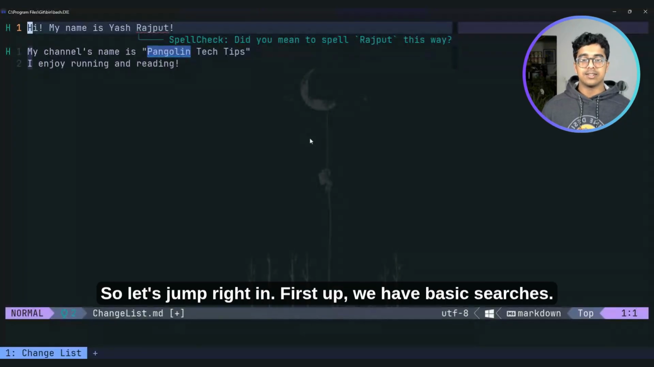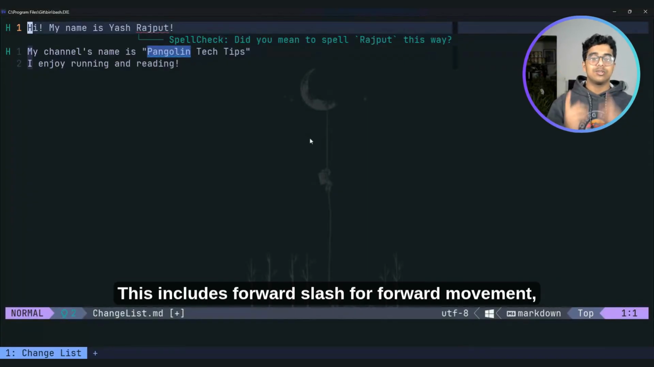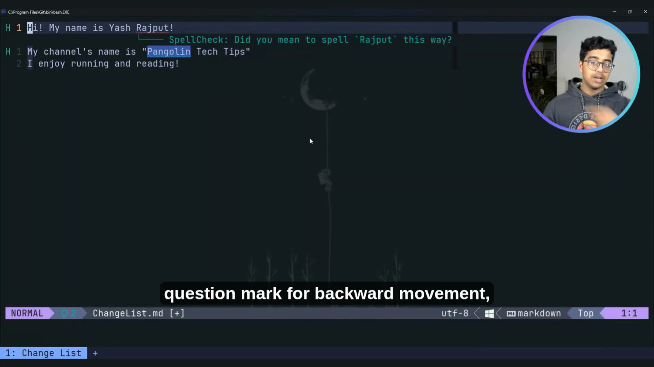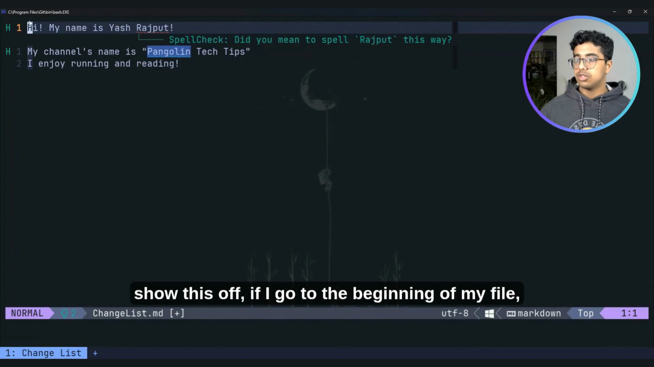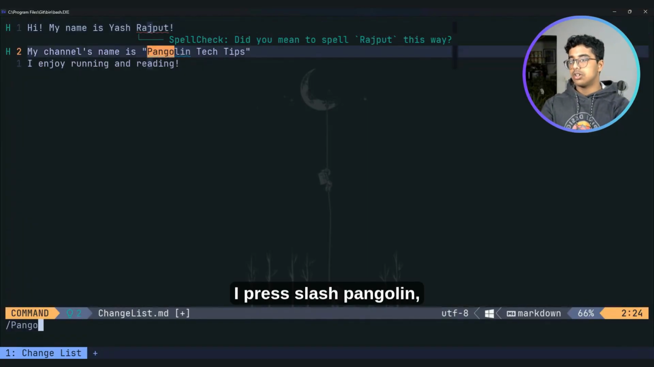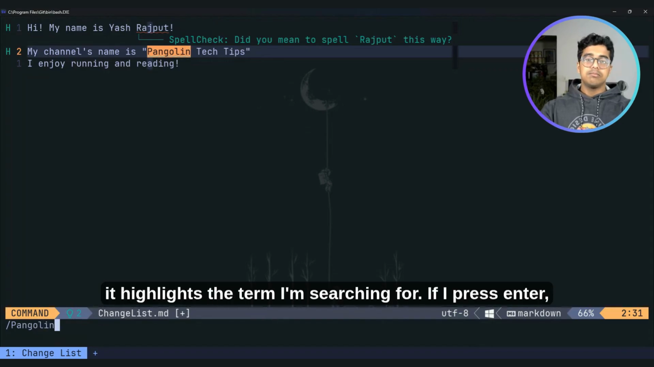So let's jump right in. First up, we have basic searches. This includes forward slash for forward movement, question mark for backward movement, and lowercase n, capital N for next and previous. To show this off, if I go to the beginning of my file, I press slash pangolin, it highlights